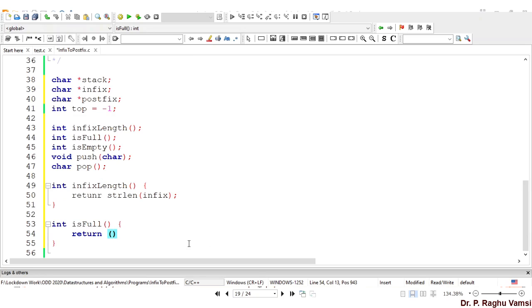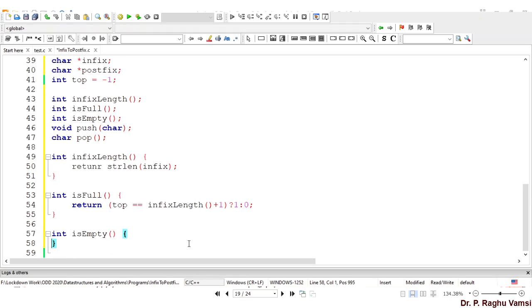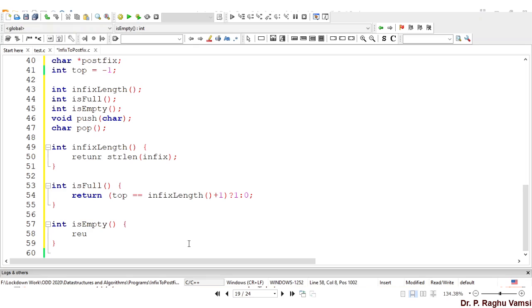So the stack is full when top is equal to infix length plus 1, then return 1, else 0. Int is empty, then top is equal to -1, then it returns 1, else.